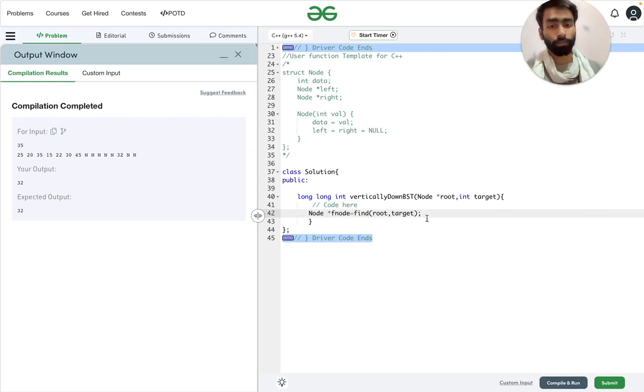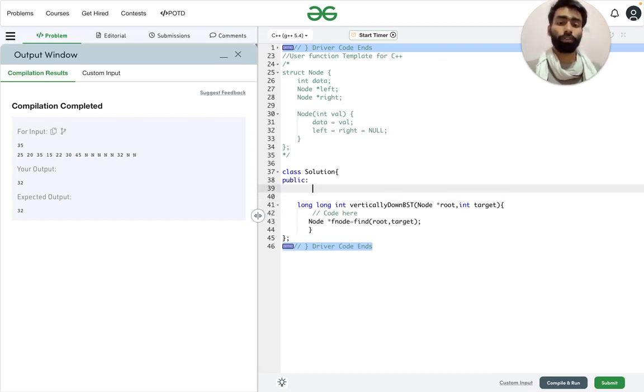Once the location is found, we first try to find the location using the find function, and as we are storing it in the f node, we need that method to be of type node, so that it can return a node.